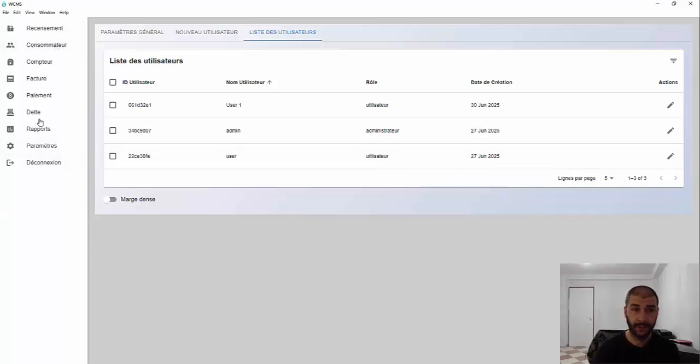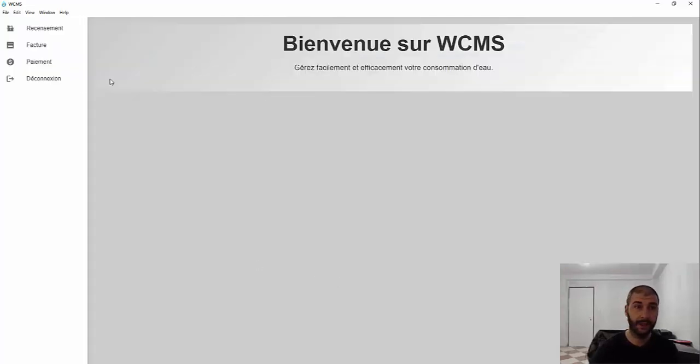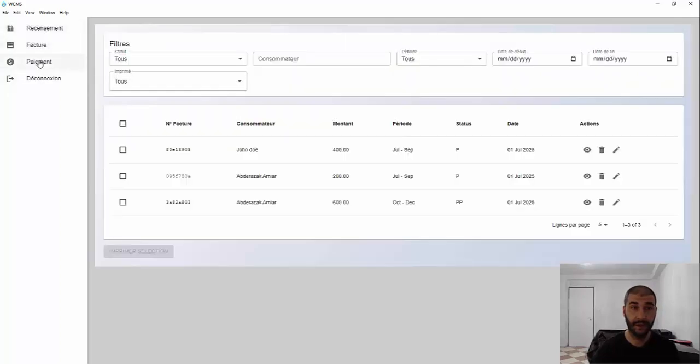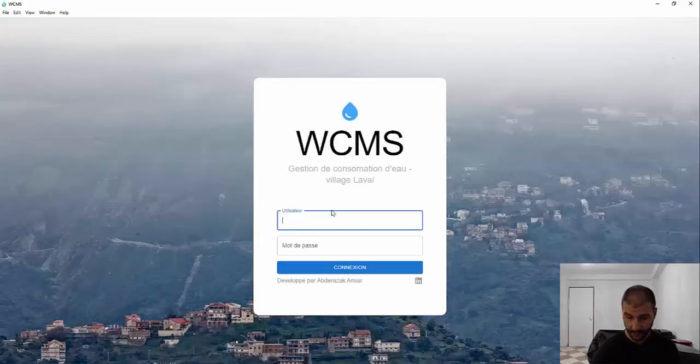Here we are connected as admin, so we can try to connect as user and see the restrictions. For example, here, okay, nice. Here we have restriction or access control. For example, the simple user can just do the record, see invoices, and do the payment. Okay, let's return to